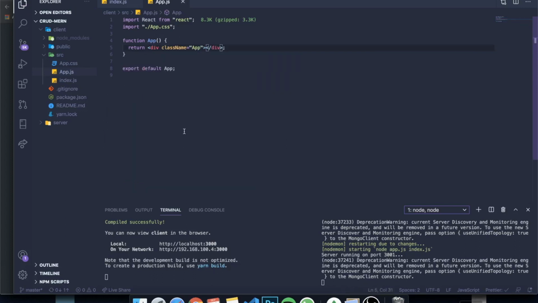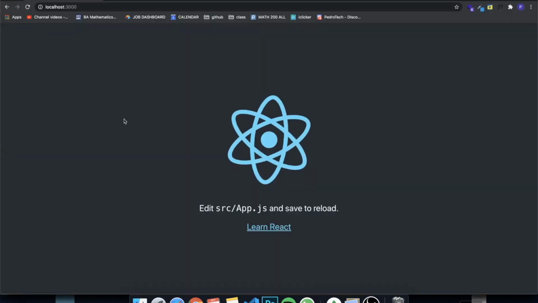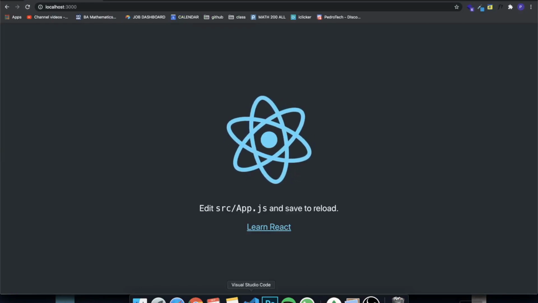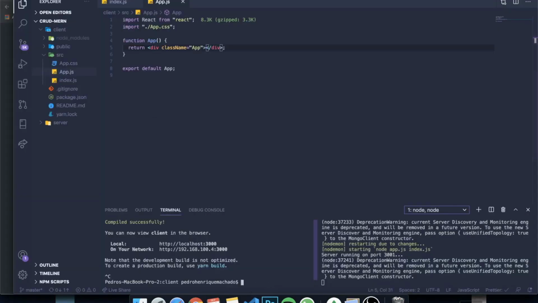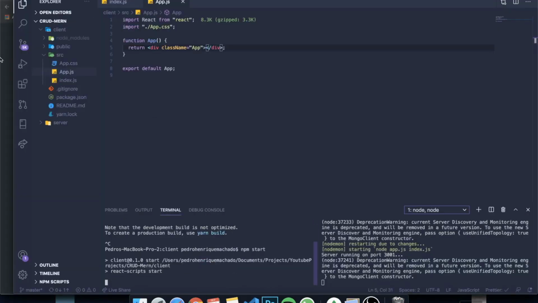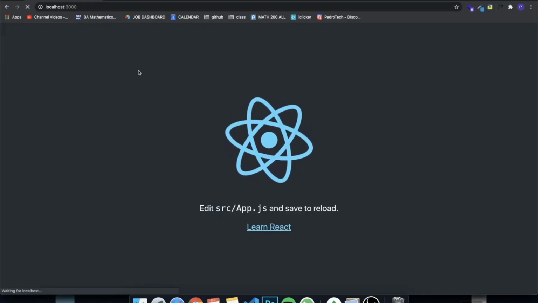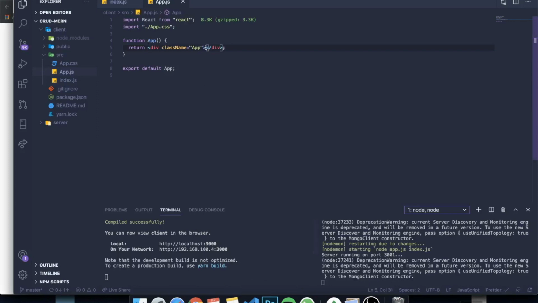Okay, our program will be very simple. You can see that if I refresh this, why isn't it refreshing? Let me run it again. npm start. It should show the changes, right? It should be an empty white page. Yeah, okay, it's working. The only things we're going to have is an h1 saying